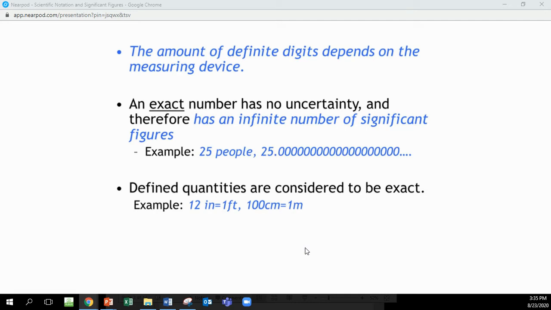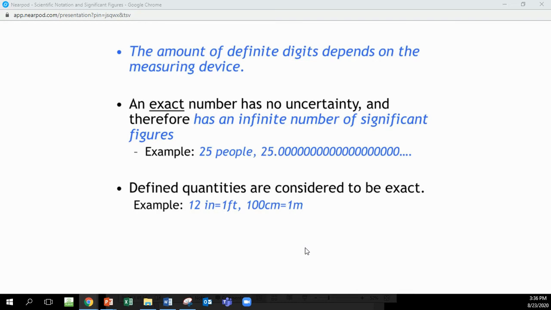If you have an exact number, like if I say you have 25 people in this room, it has an infinite number of significant figures because it's exactly 25.000, lots of zeros, because you can't divide up a person. So an exact number like 25 people has an infinite number of significant figures. Otherwise, we have to determine it from